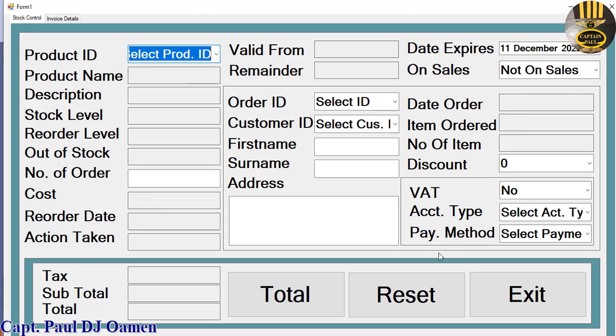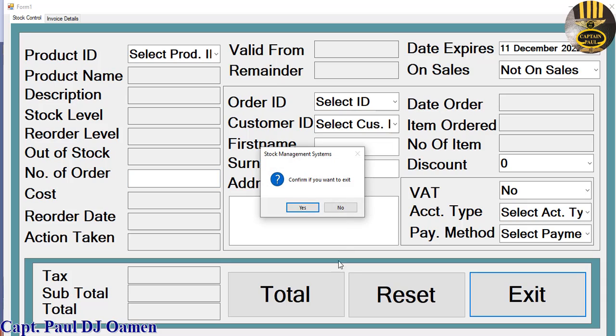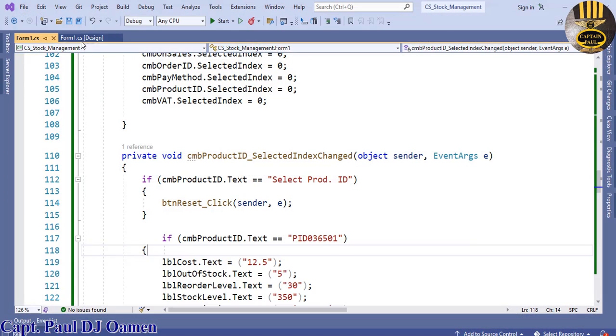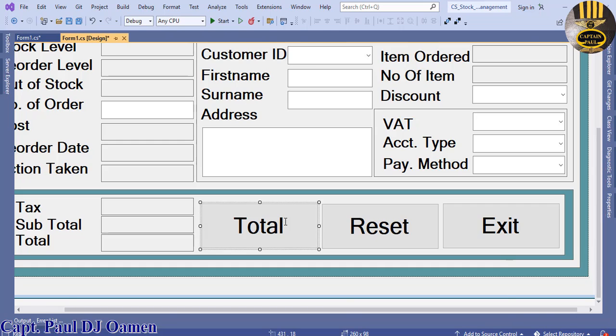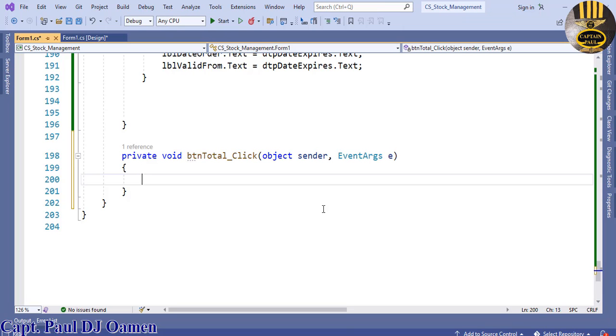Okay, now that that is done, we now need to take care of total. In the case of total, we do have some work to do in there. So instead of talking, let's go straight in there. Exit out, come right here, double click on total. There. Okay, with the total,